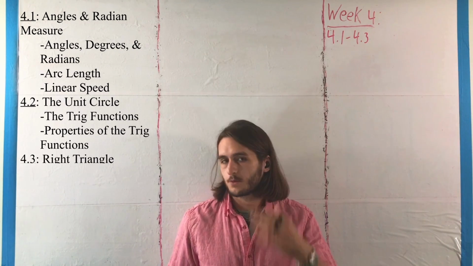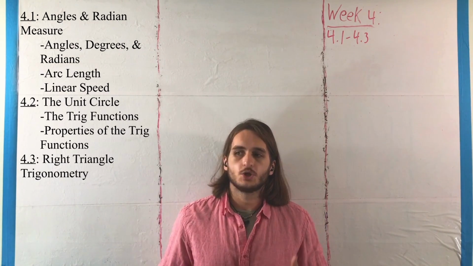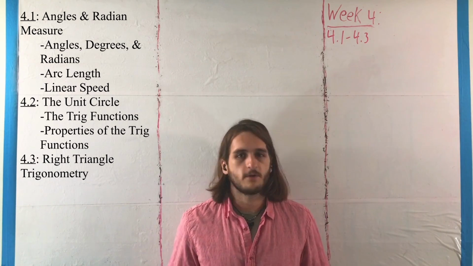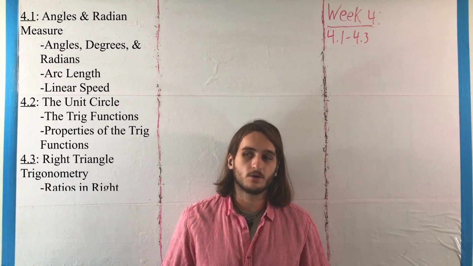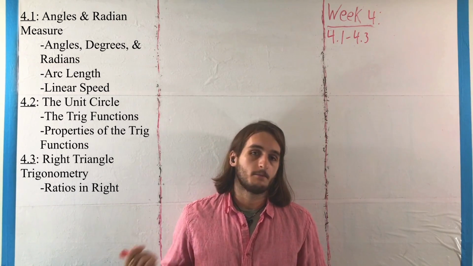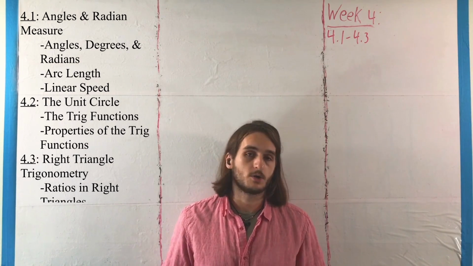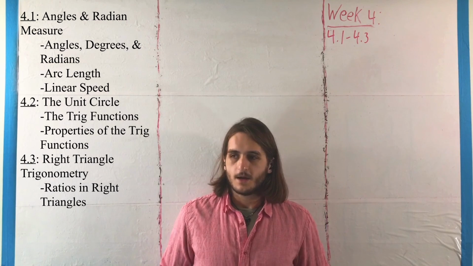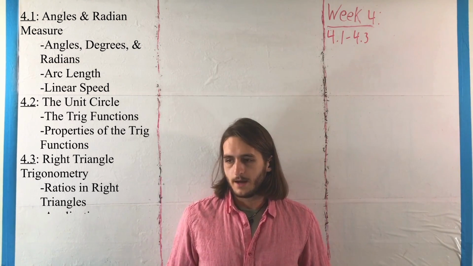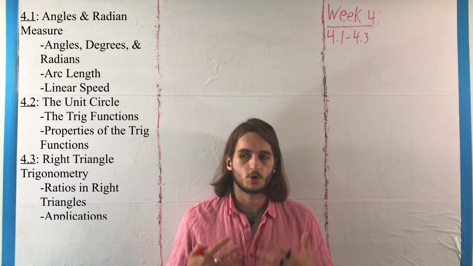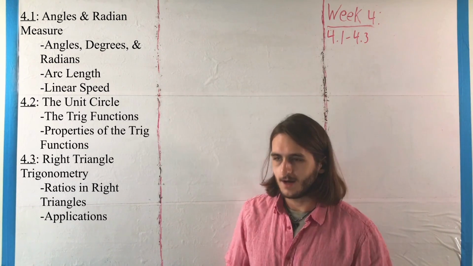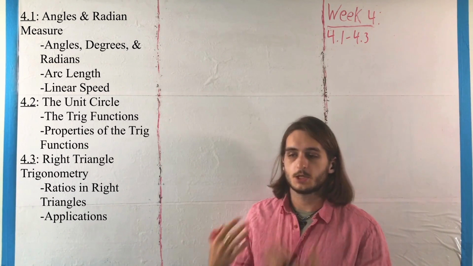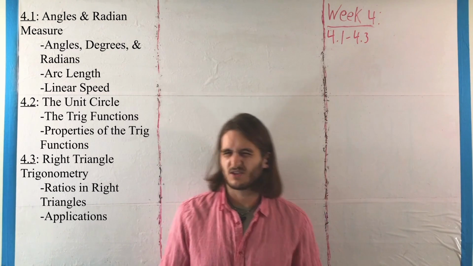And then in 4.3, we're going to develop that further in terms of the place that you're probably most familiar with trig functions, the right triangle. So we're going to focus again on some of the very special angles, some of the ratios we have between trig functions dealing with right triangles, and basically all of the essential things that you can do with the trig functions in terms of the friendliest of our constructions,